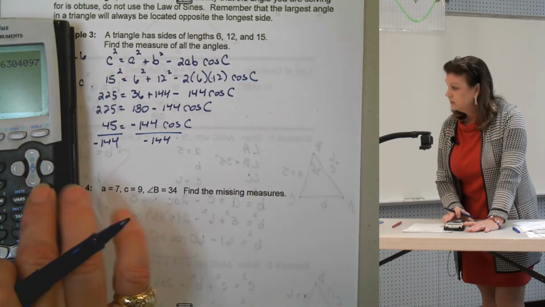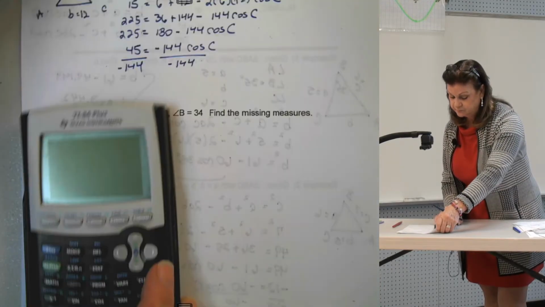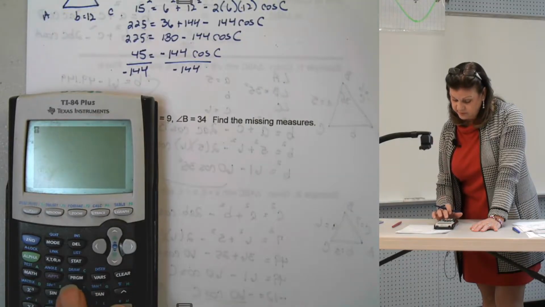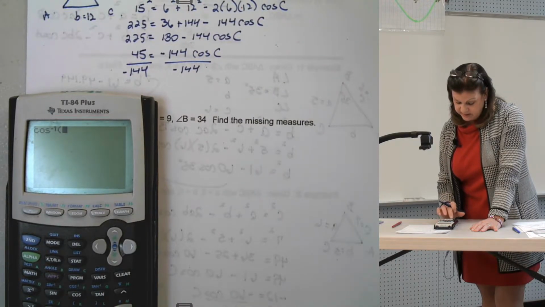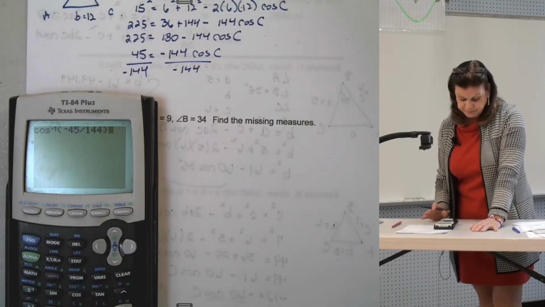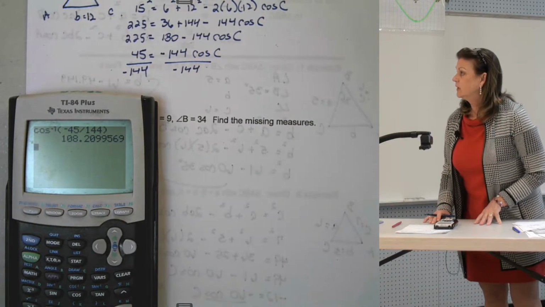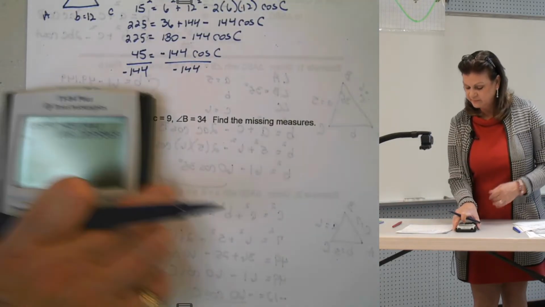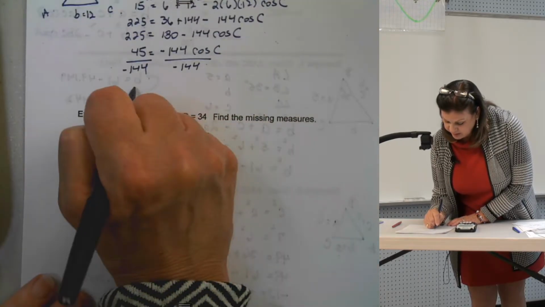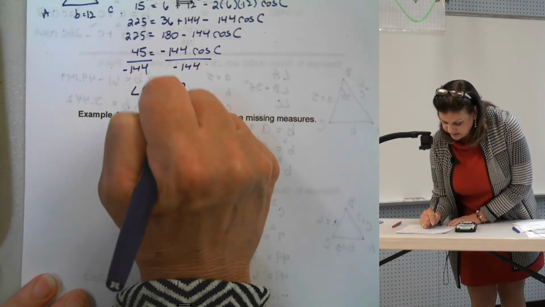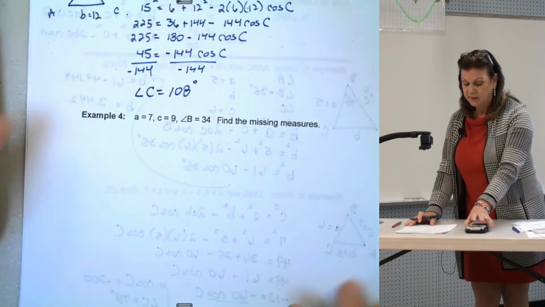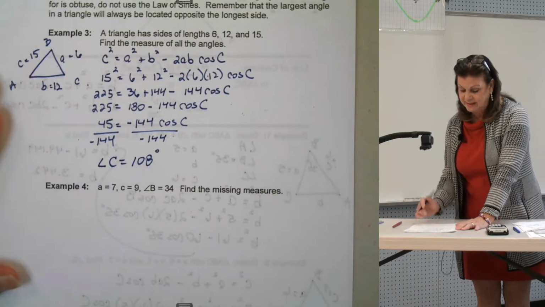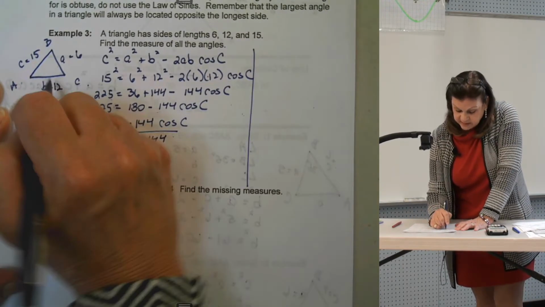So now, let's see if I'm on the screen. I am looking for the angle that has the cosine negative 45 divided by 144. And we get 108 degrees. What angle has the cosine negative 45 divided by 144? All right, so I know that angle C is 108 degrees. Now, you can run all this back through with law of cosines again, or if you want to find the other measures,